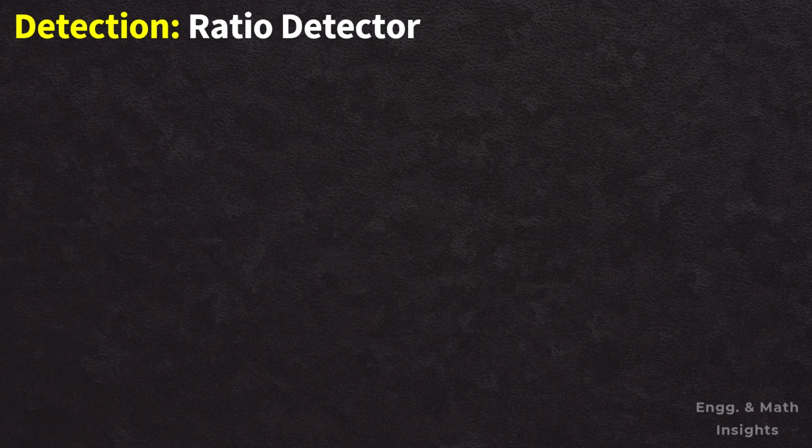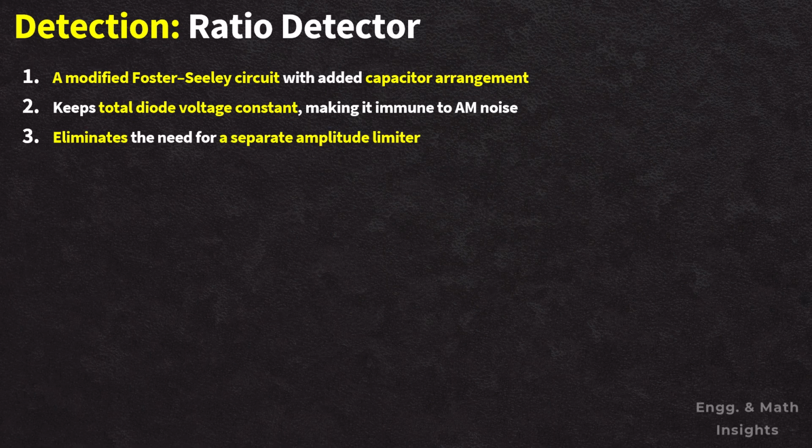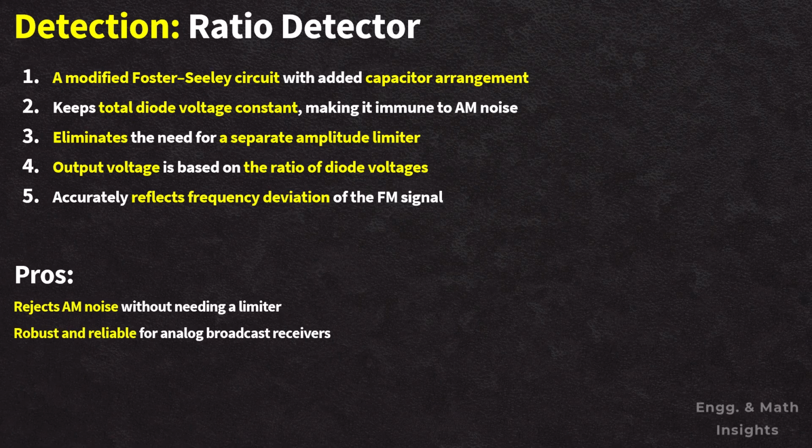Finally, let's look at the ratio detector. The ratio detector is a modified version of the Foster-Seeley circuit that includes a special capacitor arrangement to keep the total voltage across the diode constant. This clever trick makes the detector immune to amplitude variation, eliminating the need for an external limiter. The output is derived from the ratio of voltage across the diode, which reflects the frequency changes in the FM signal. Some pros are it rejects the FM noise without needing a limiter, robust and reliable for analog broadcast receivers,